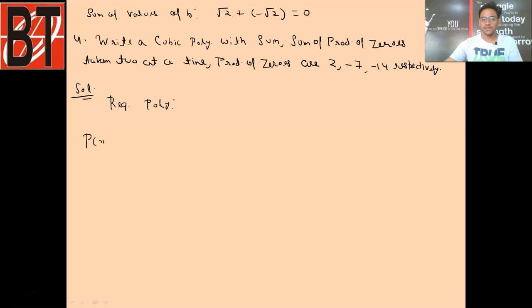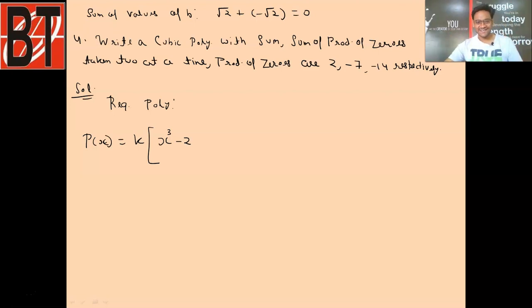it's going to be a constant k, and in the bracket we have x cube minus alpha plus beta plus gamma, which is the sum of zeros, and the sum of zeros is given as 2. So I am writing directly 2 in place of alpha plus beta plus gamma. In the examination you can write here, suppose the zeros are alpha, beta, gamma, so alpha plus beta plus gamma is given as 2, alpha beta plus beta gamma plus gamma alpha is given as -7, alpha beta gamma is given as -14. You can just fill the page.